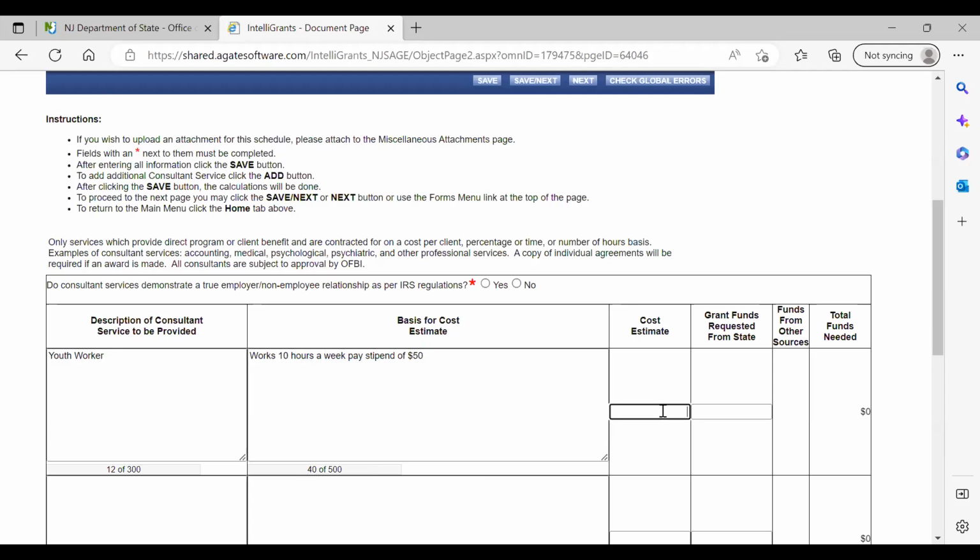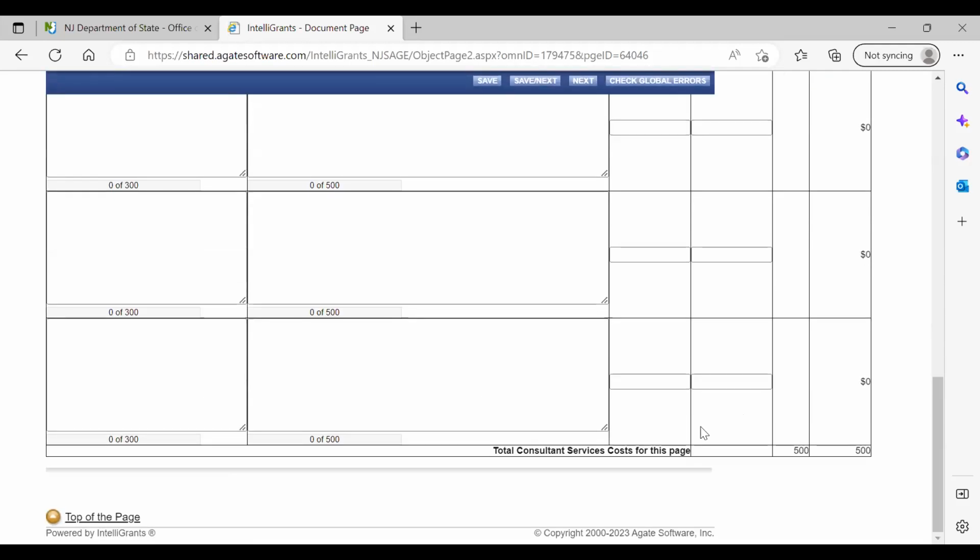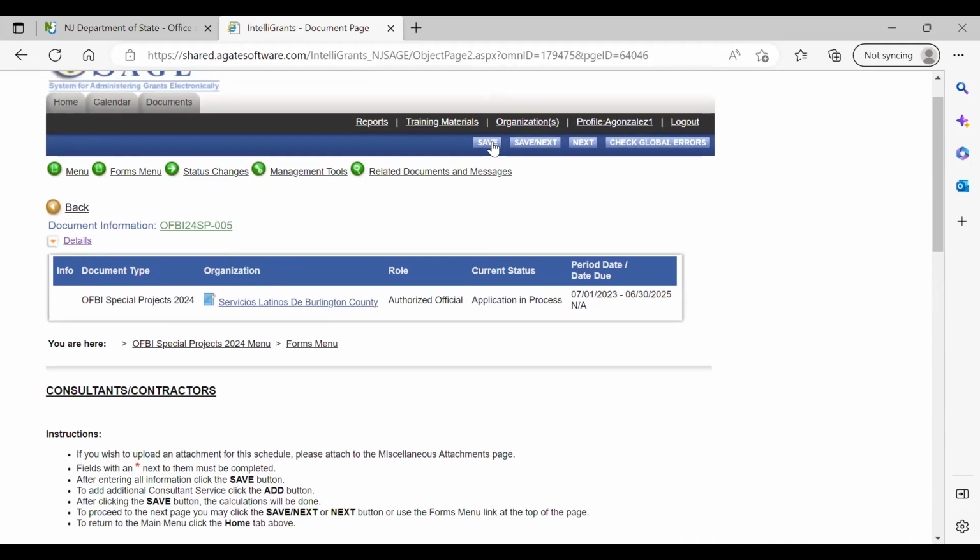You're going to put $500 here for cost estimate, and then you're going to charge the grant $500. You come down to the bottom, you go up to the top, you click save.